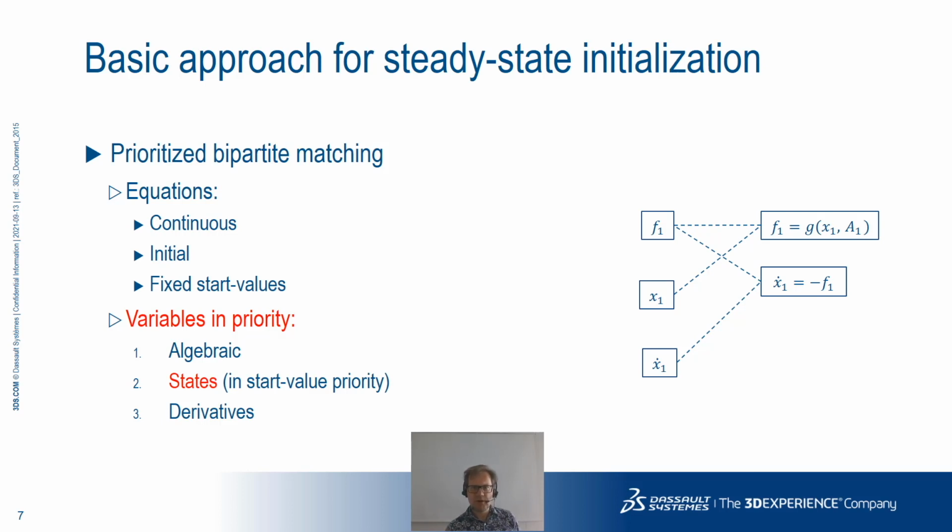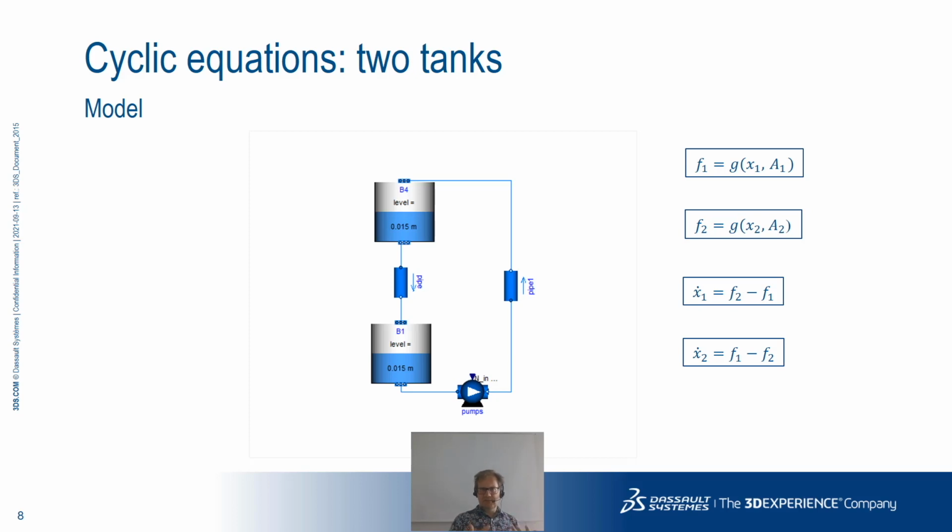So for the same problem without any initial equation, we get that the derivative is free here, and therefore we can set the derivative equal to 0, and then we will have to compute the state based on the equations. That was the equation for one tank of water with something going out of it. And then we can consider the next case where we have two tanks and the same equation twice,